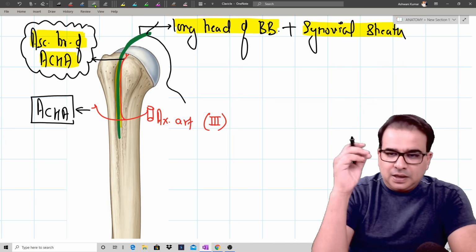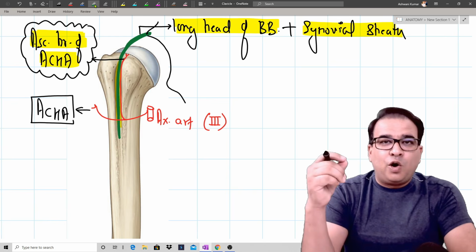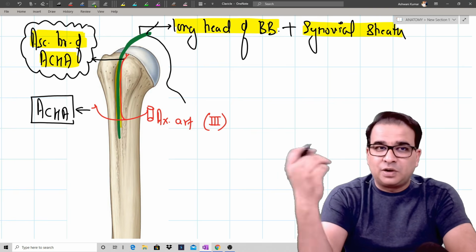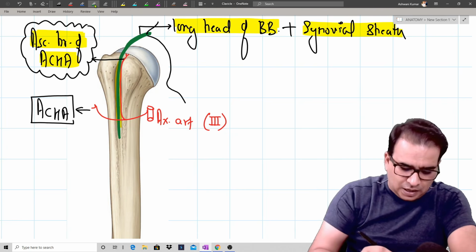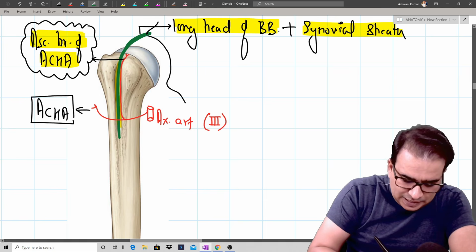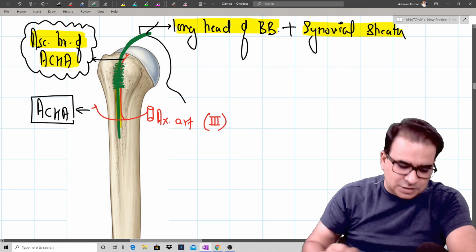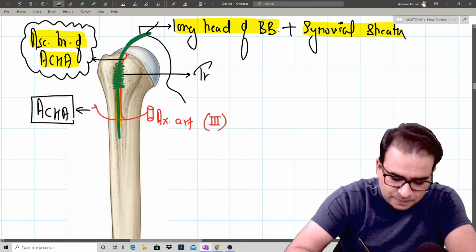But they can also ask you this question: what is actually preventing this long head of the biceps from slipping out of this bicipital groove or intertubercular sulcus? So there must be some ligament which is actually holding this tendon there, and that is a ligament stretching between the two tubercles here, the greater and lesser tubercle. This ligament, guys, which is covering these contents and keeping this long head within this bicipital groove, is called the transverse humeral ligament.